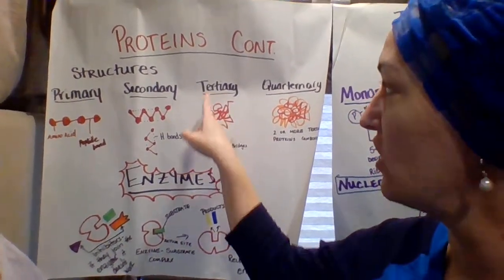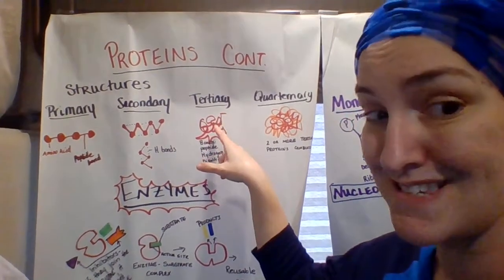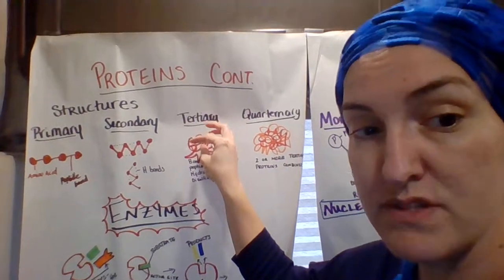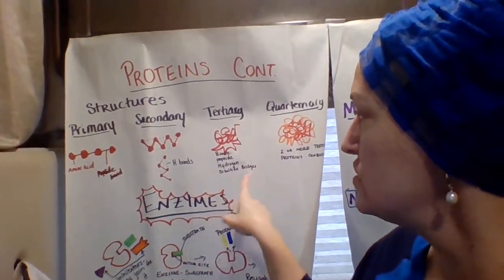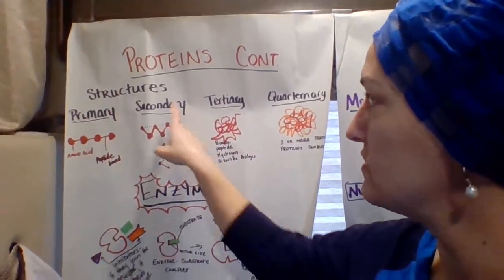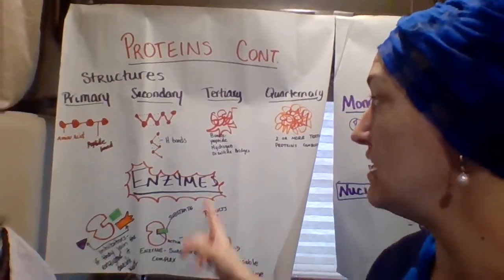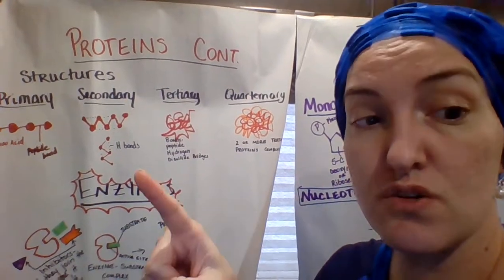Tertiary is where we have a combination of primary structures and secondary structures that continue to have specific bonds in between them, to add a little bit. So these have the peptide bonds, which are primary. They have the hydrogen bonds, which are secondary. And then they also have more hydrogen bonds and something called a disulfide bridge, which is a bond between two sulfide